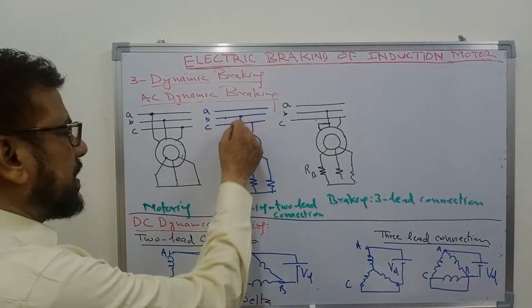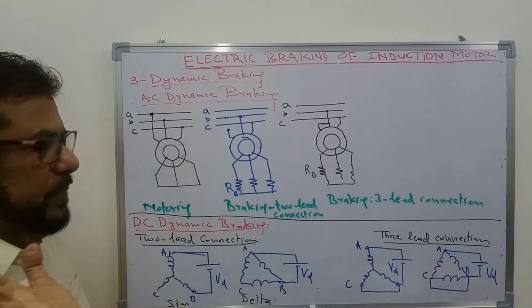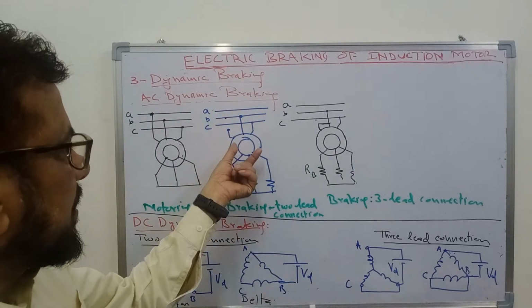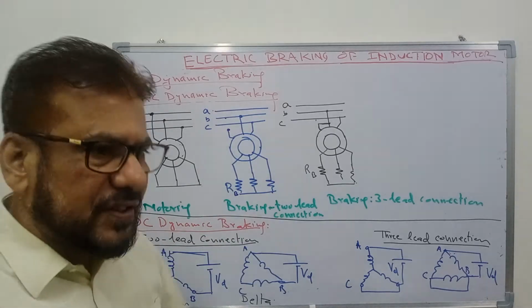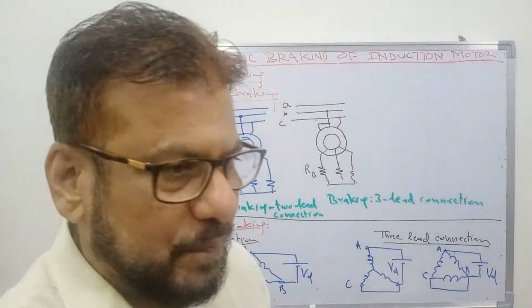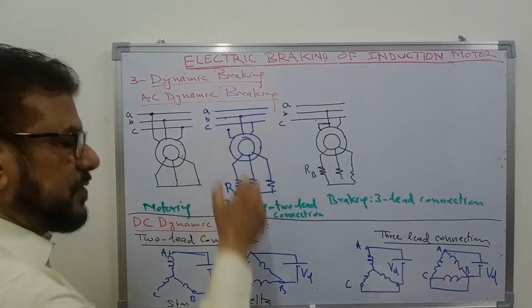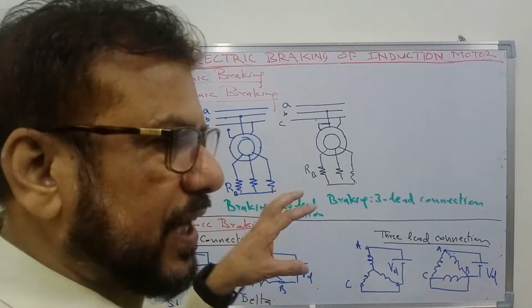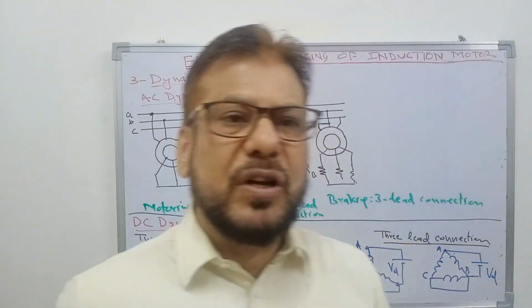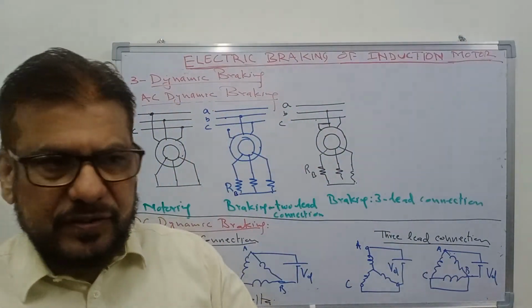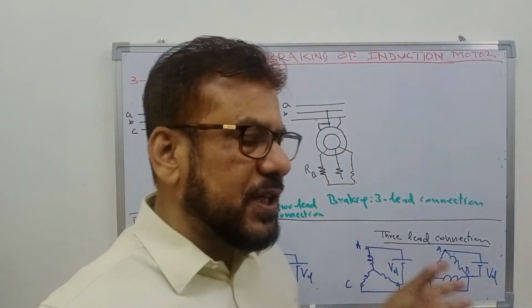Simply one terminal is disconnected from supply. So only two leads are connected to the stator winding. So it is a type of single phasing. The supply is coming only from B and C to this motor. So this is of course an unbalanced supply, and that can be resolved into positive and negative sequence components, and it can be derived.